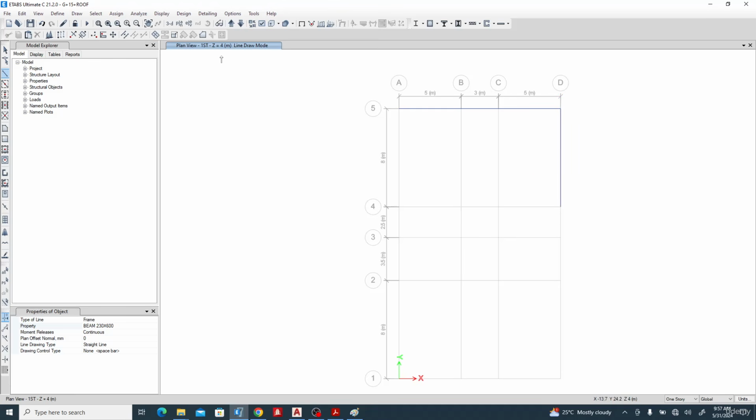And you can also do it for the elevation. Now the shorter method of doing this is this one. Once you select this one, so you just choose the property you want, name the property. So I'm doing a beam 230 by 600. So I'll just click the grid line. Okay, so once you click the grid line, it's going to be drawn there. Okay, select the grid lines,